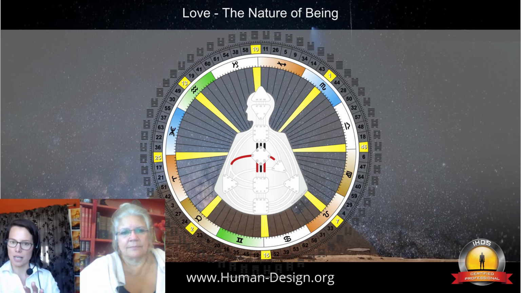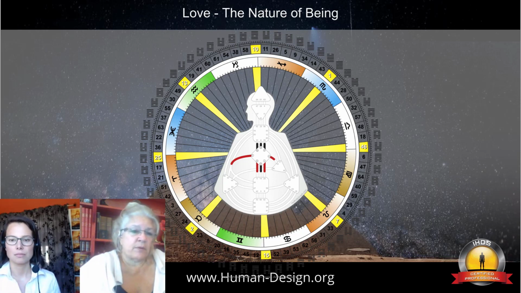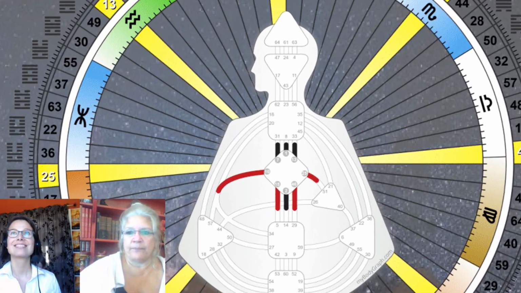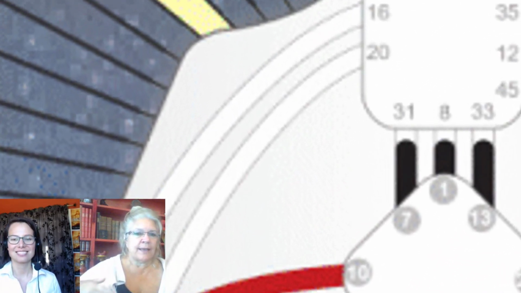Yeah, and remember, anytime you have a gate, whether it's in an open center or an active gate in a defined center, but not part of a channel. In this case, I don't want to talk about ones in a channel. But anytime you have a hanging gate, that gate's always looking for what's on the other side energetically. So if you're on the Vessel or on the Sphinx, let's say you have gate 31 in your design, and you meet a Sphinx who doesn't have a defined G,